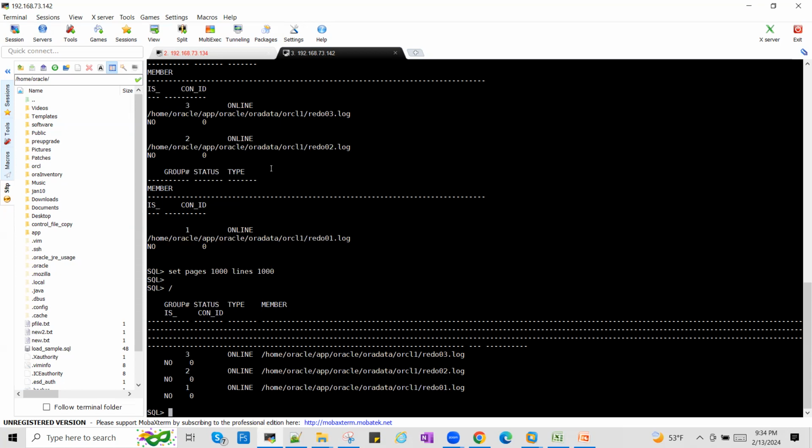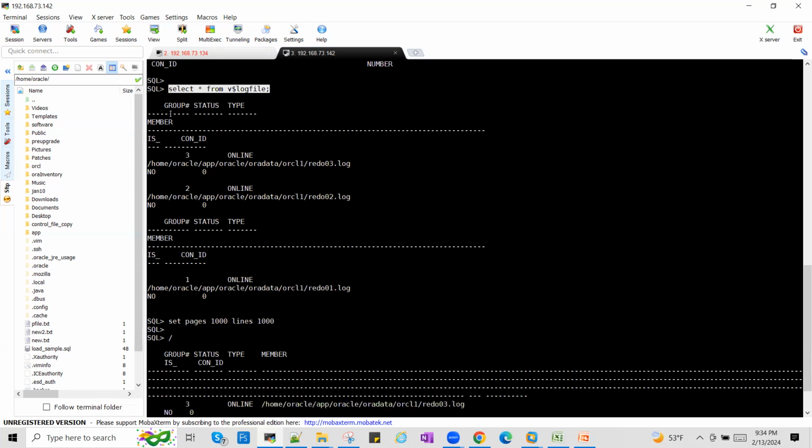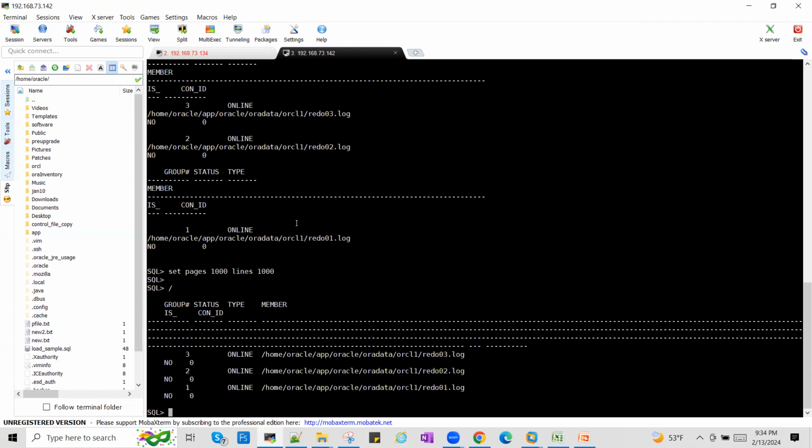Simple query, select star from v dollar log file, will give you all the information. So what I used to do, after my first or second project, when I gained this knowledge that these files are very important and we should not touch or delete them, is log into the database, pull out this information and keep it handy, so that anytime I am doing a cleanup, I avoid these locations. I don't go to these locations. I don't delete anything in these locations,